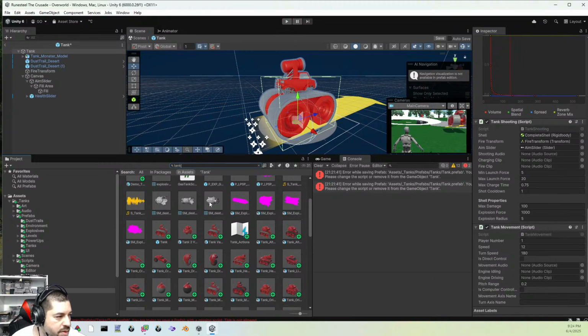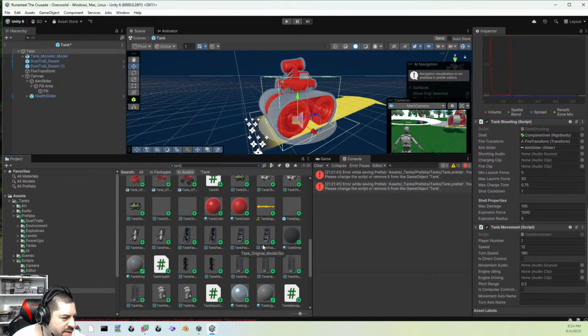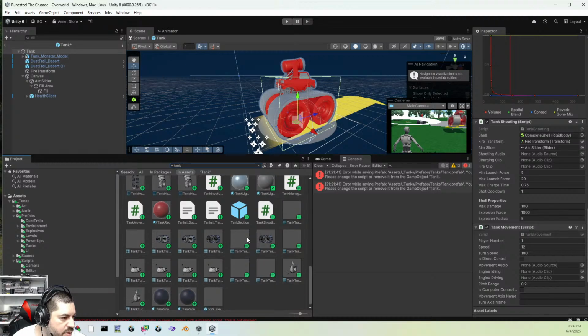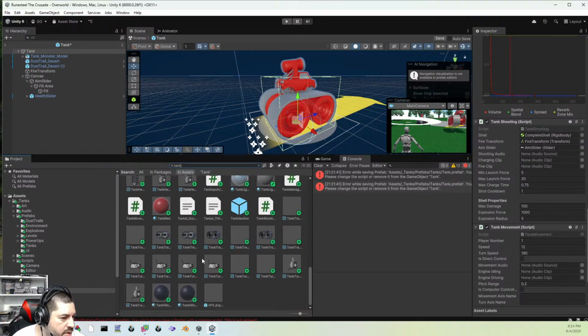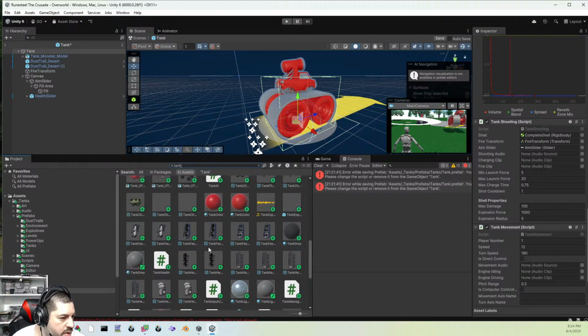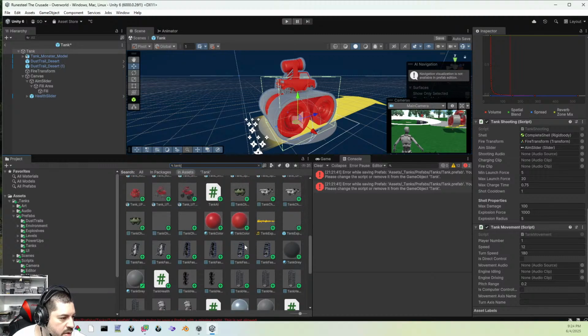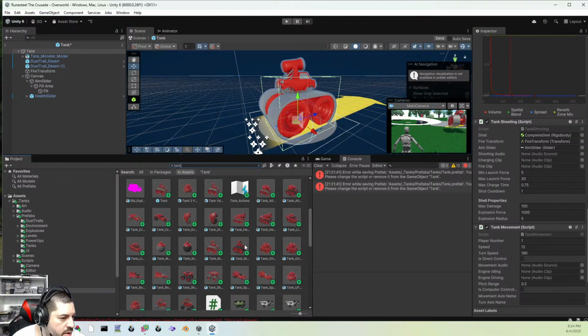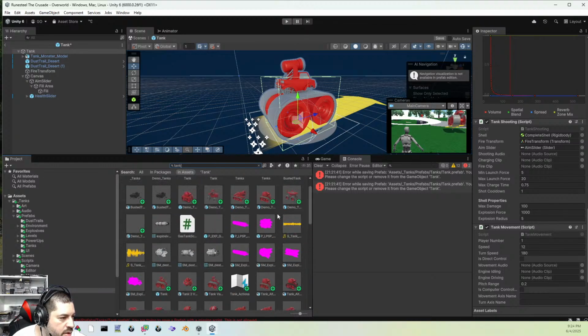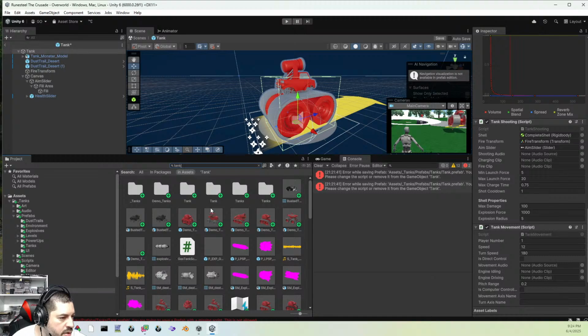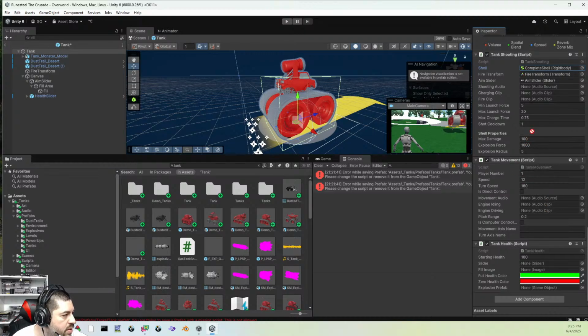Tank audio source. Tank explosion. Oh, do I take it from here? Right. Okay, so we were taking the